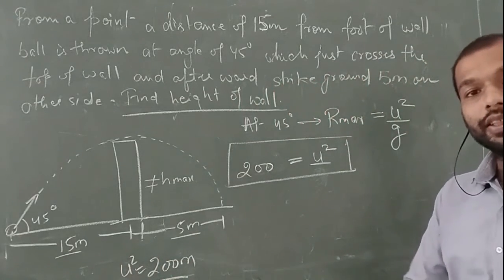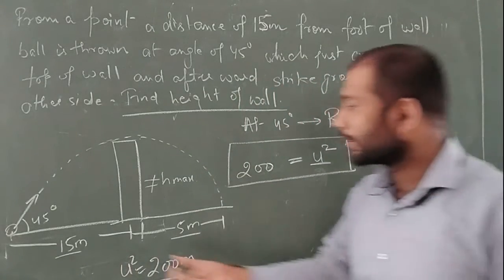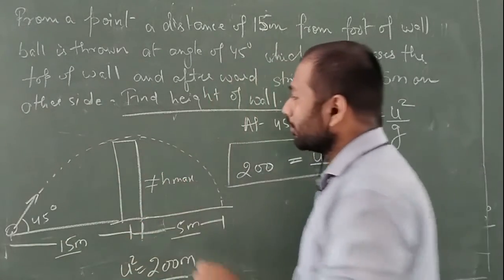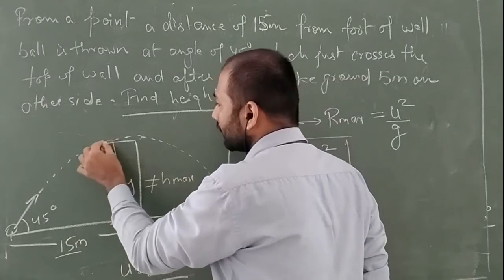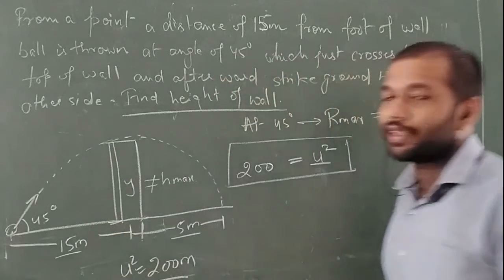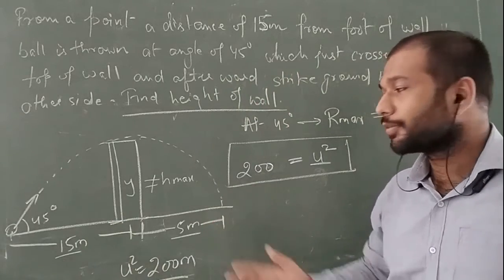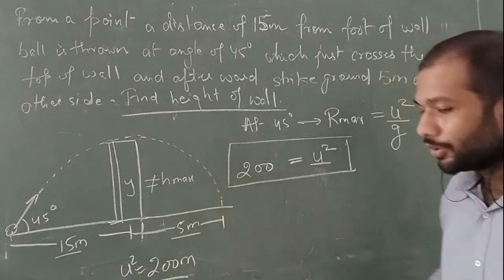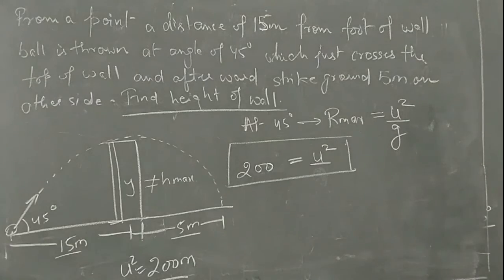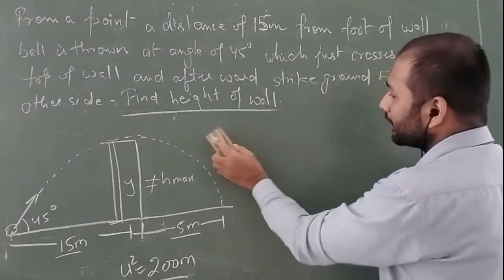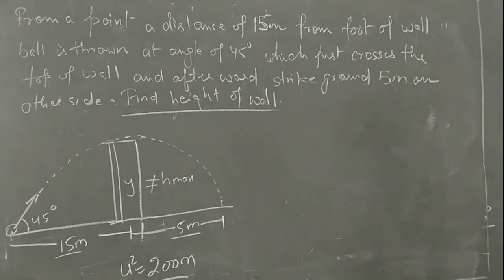You can use the other equation. If you see that this is the value of x that is given to you, and this is the value of y. Let's take the height as the y. So that means we want some relation that tells us between the x and the y. If you remember, we have derived the equation of the trajectory, that is the trajectory equation between the x and the y.